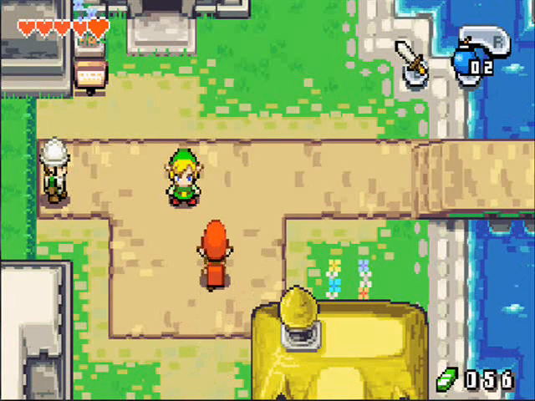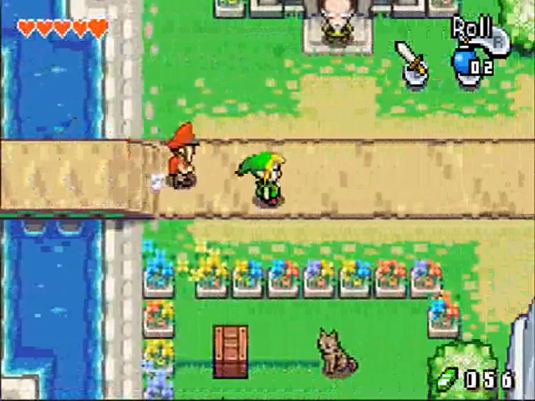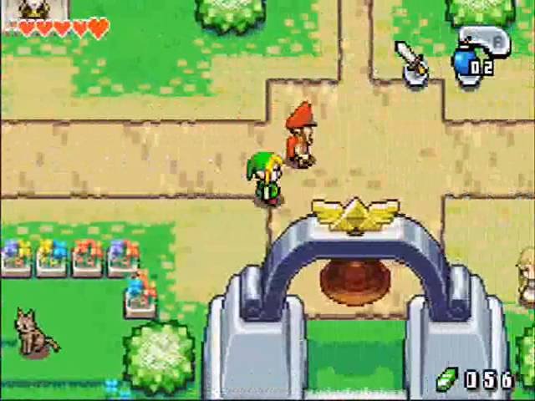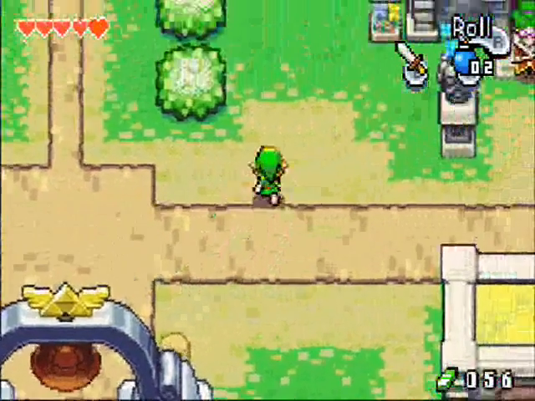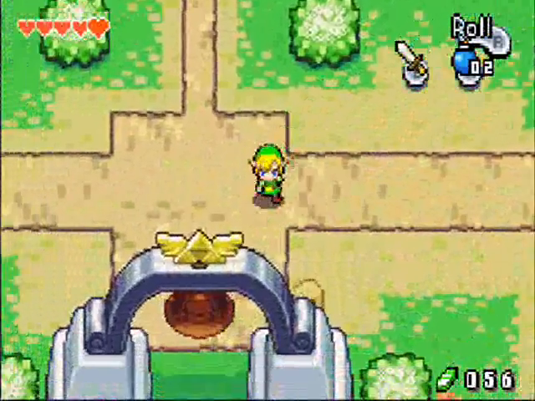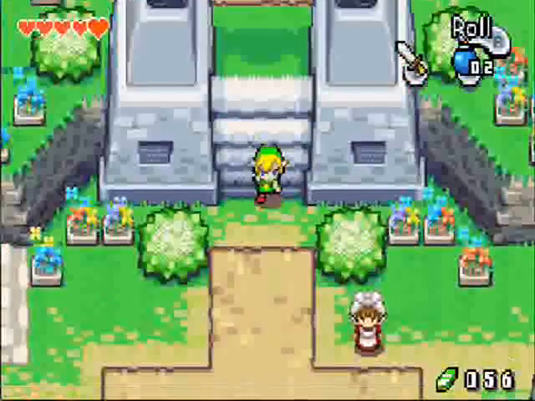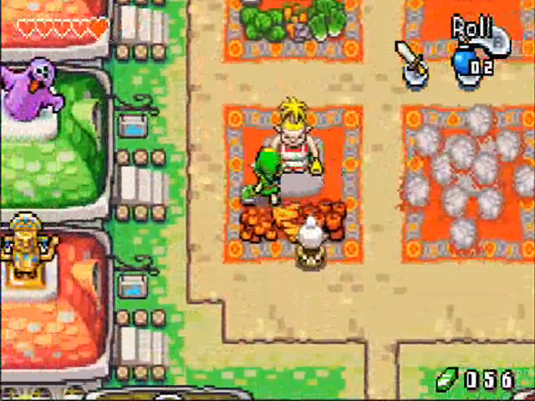Alright, so in the last episode we learnt our new spinning attack technique and we learnt how to use Kinstone. So in this episode, before we head off into the next area, there are some things I really want to cover before we go to the next area. And that is, you know that lady who we saw in the town market who had a bubble over her head? Well, I think this is the only time...